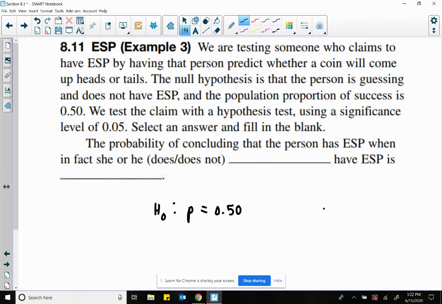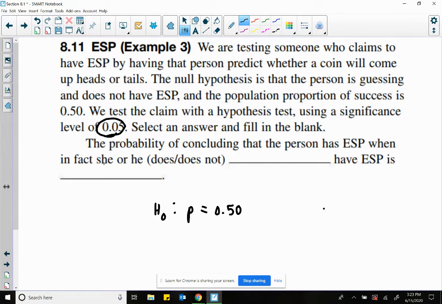Okay? So it says we test the claim with a hypothesis test using a significance level of 0.5. So this is important for us. There's our significance level. So we want to fill in what's going on here. So it says the probability of, and this is all about the significance level, the probability of concluding that the person has ESP